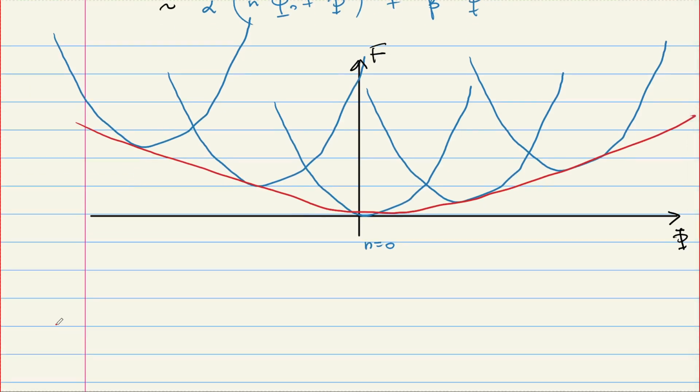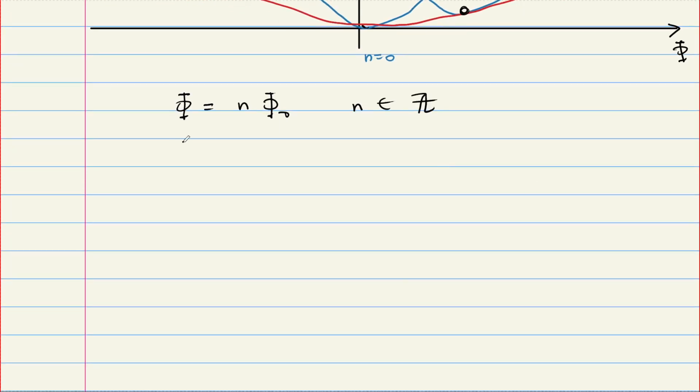And to minimize the free energy, the system is going to choose one of these, some n times phi naught, because this is the free energy. The system doesn't want to be here. It wants to be at the minima here, here, or here, where n is an integer. Therefore, we say that flux is quantized,